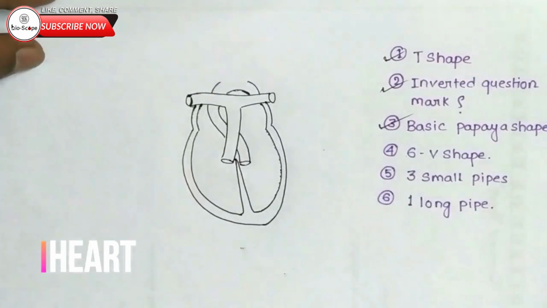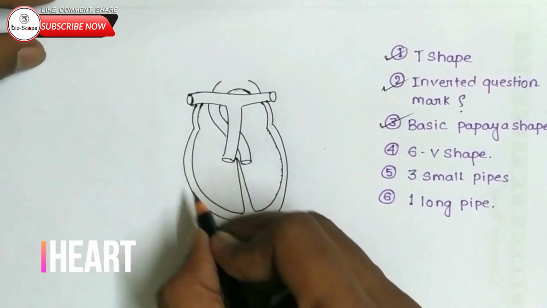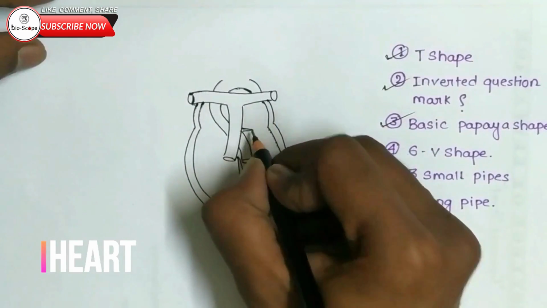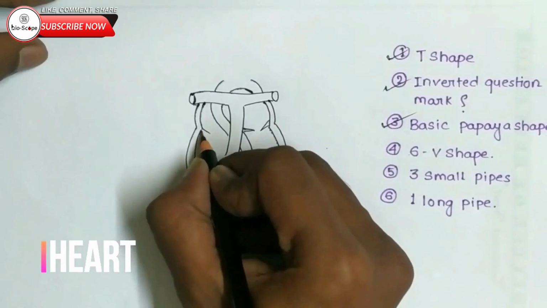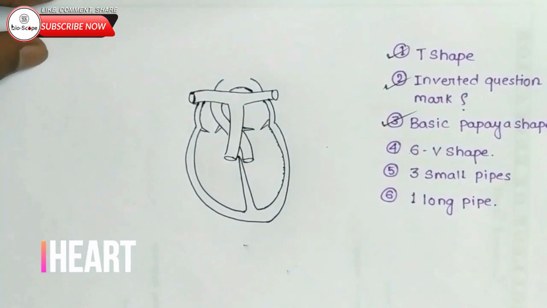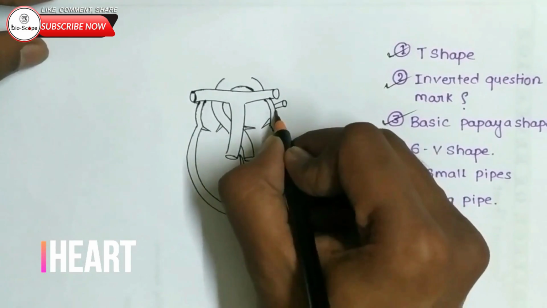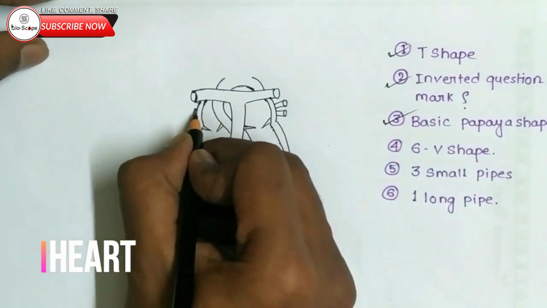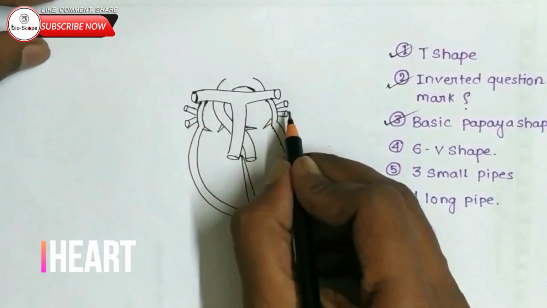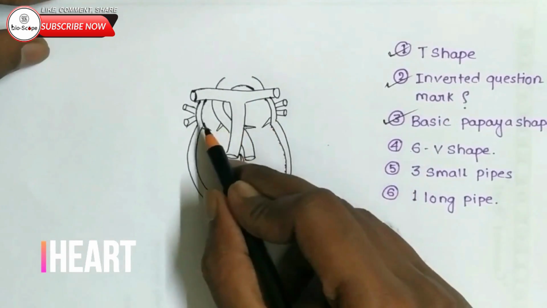So now you have to make 6 V shapes. So 2 V's are already here. You can see here 1 and this is 2. Now you have to make another two V inside here. Okay. Here are the two, another more V. Then these are more V's. So total 6 V: 1, 2, 3, 4, 5 and 6.